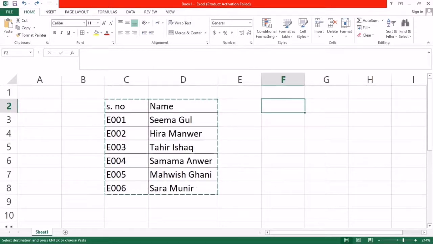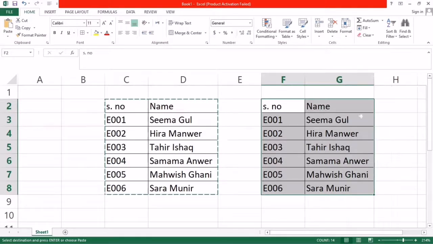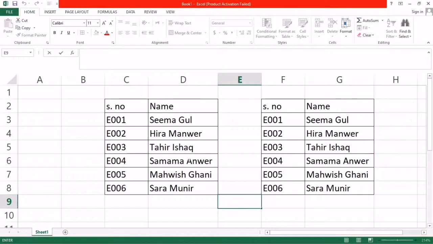I want to copy this here, so I just click here and press Control plus V. This means paste. It will be pasted here, but the size of the cell doesn't increase, so after this you can increase the size of the cell. Then click anywhere, and you can see the moving border finishes and it appears like this.